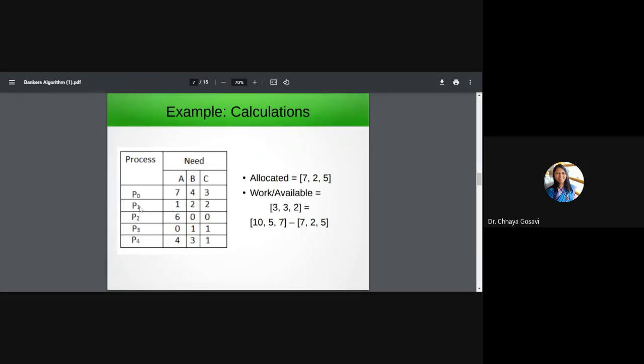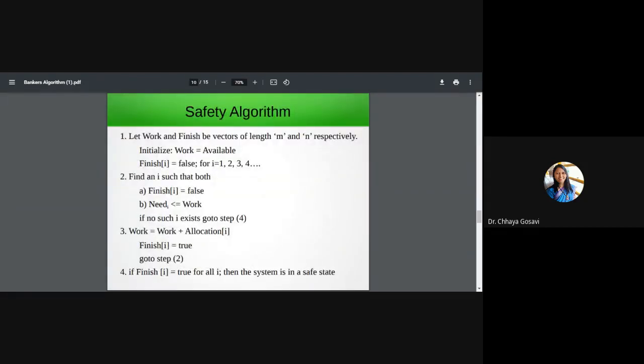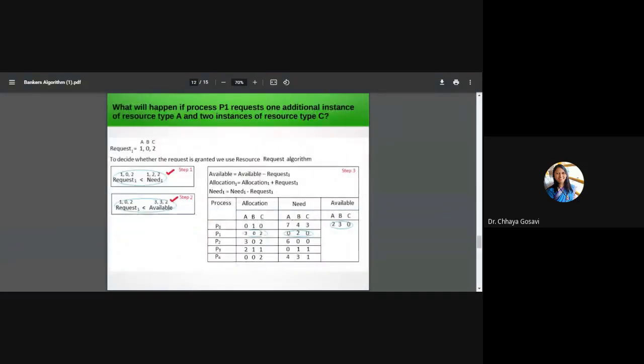Here P1 now requests 1 0 2. It is less than or equal to need, which is 1 2 2, and less than available, which is 3 3 2. So we can assume the request is granted and check whether the system is in a safe state. Now, can you check whether the system is in a safe state and find at least one safe sequence?